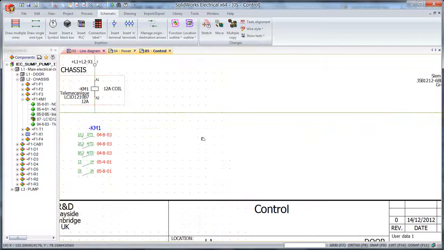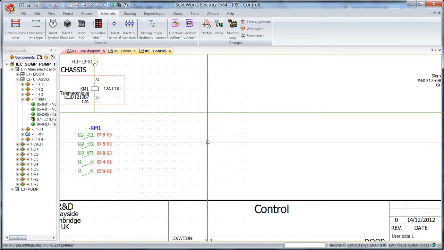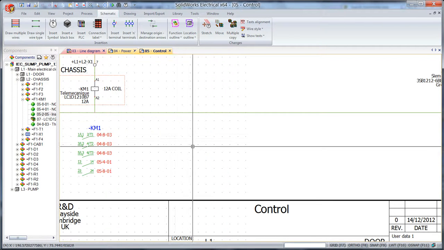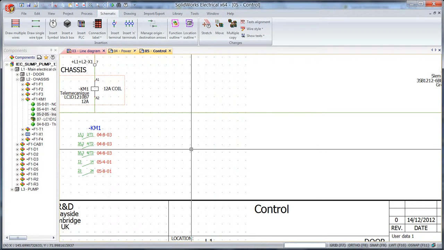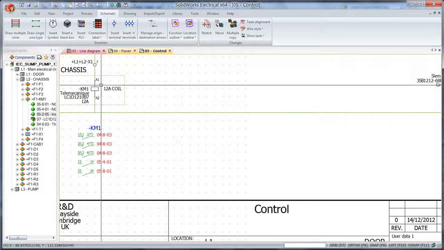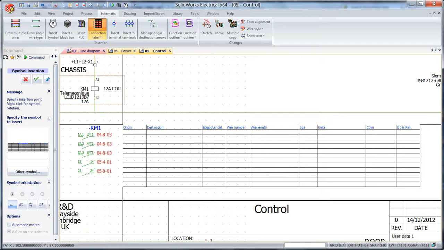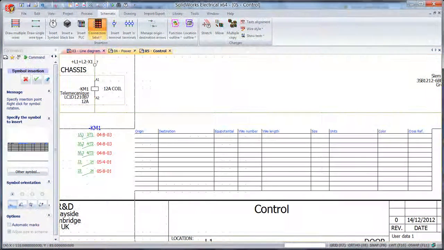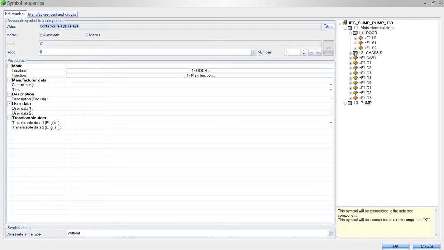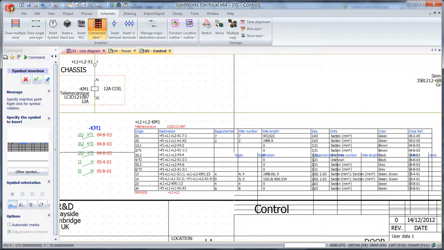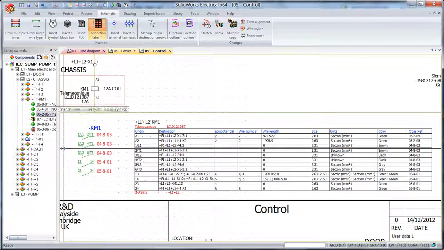And just before we carry on into the more complex design, I'd like to show you another way of displaying information relative to a symbol, and this is through the use of connection labels. And here we have a tabular connection label, which I'm just going to place down here. I'm going to form an association with the coil KM1, OK on there, and you can see that that neatly